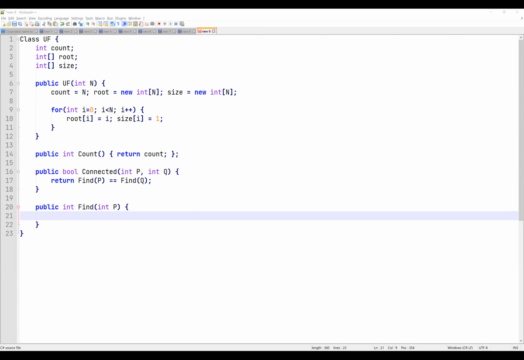This ID array is basically the root array we have written, and initially each element is its own parent. That is what we initialize with. But as we call union, let's say in this case we call union of 9 and 2, then the parents of 9 and 2 are changed, and both point to the same parent.